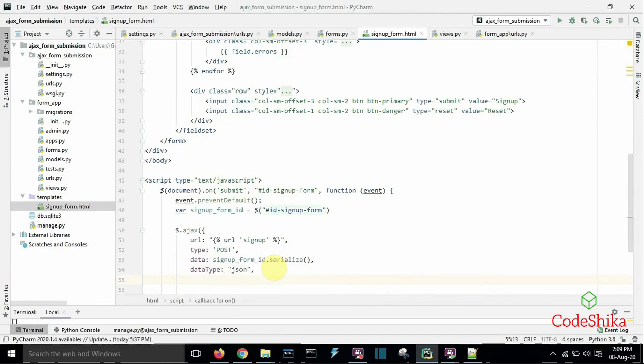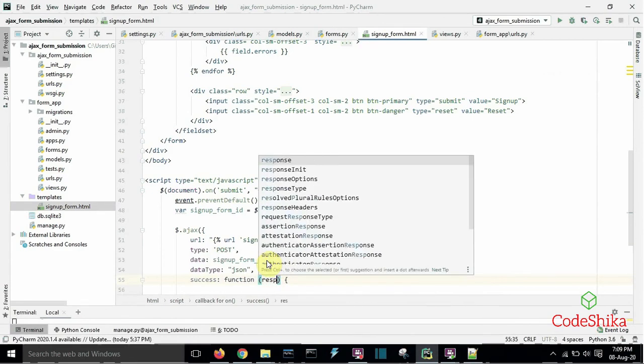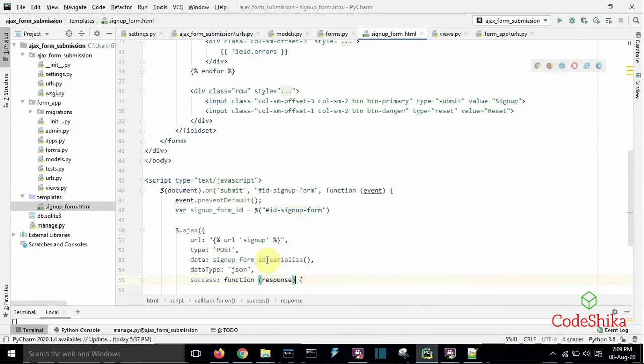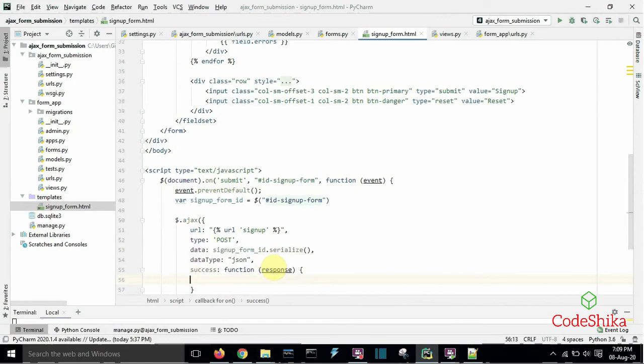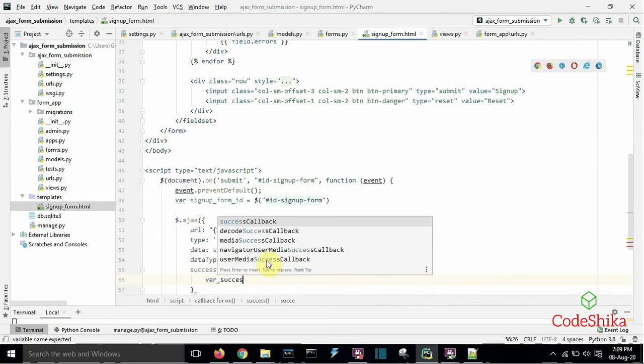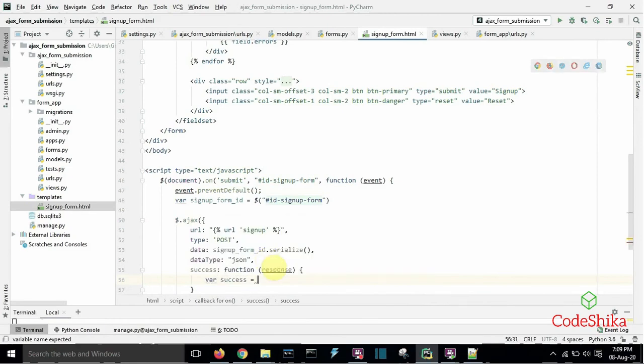Next success. This block will be called if the Django view calls successfully. function response, success equals to response in bracket success.